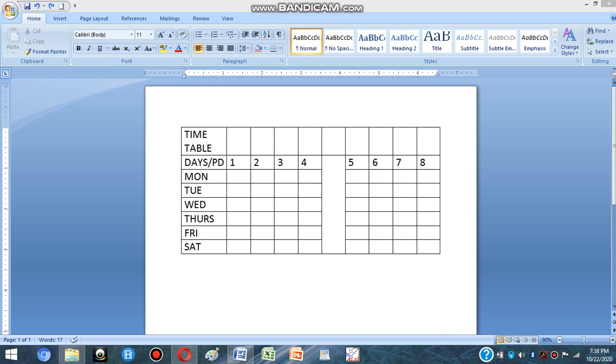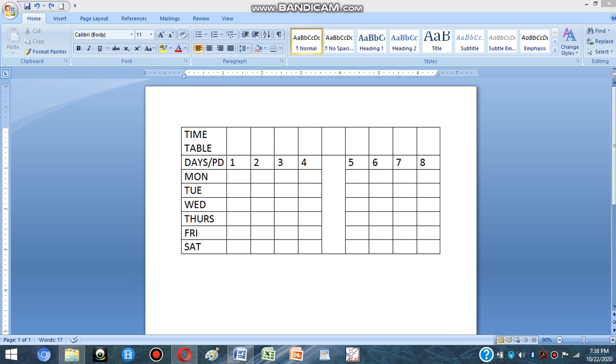For example, you can see here I have made an example of a timetable. Now this timetable is appearing in the first cell of the whole table and it is looking weird. So we can merge this first row and make it in between like a heading. How can we do this?